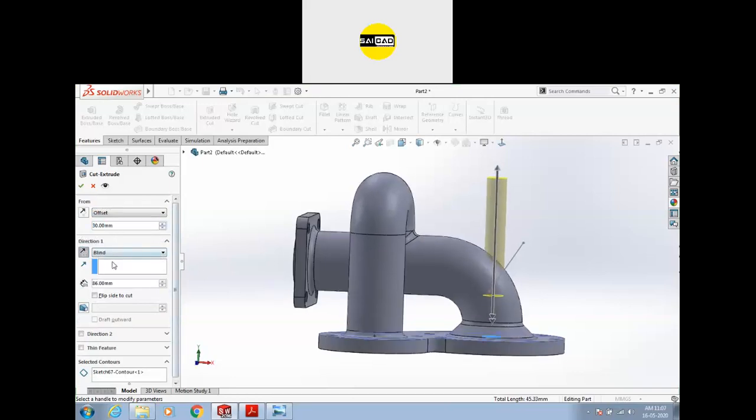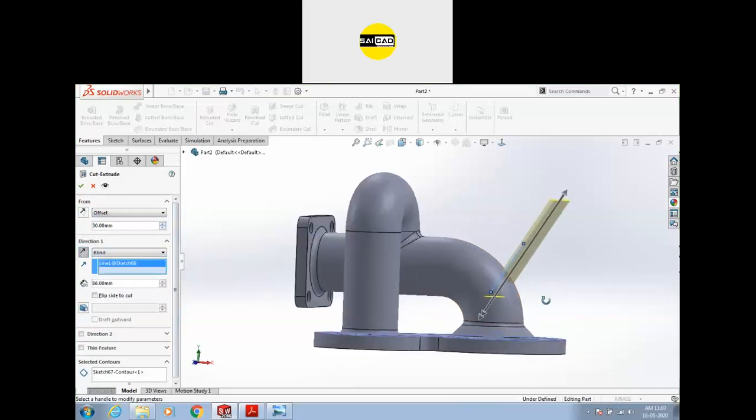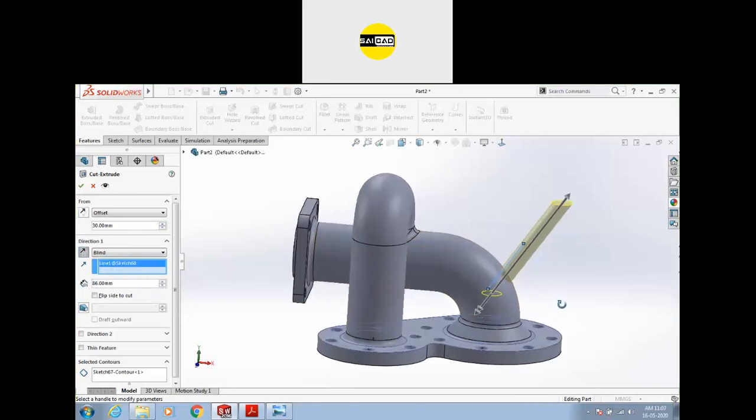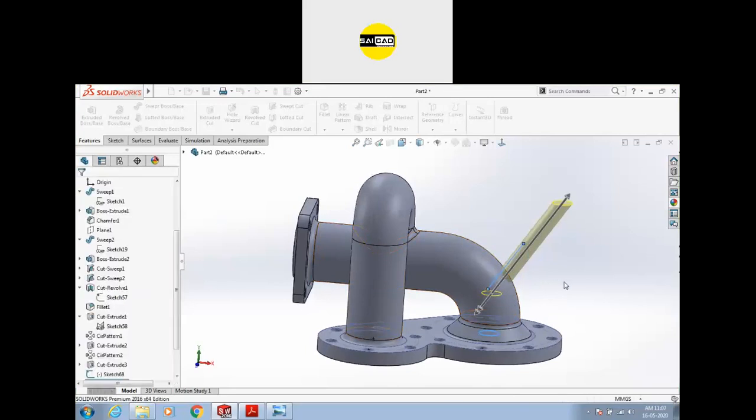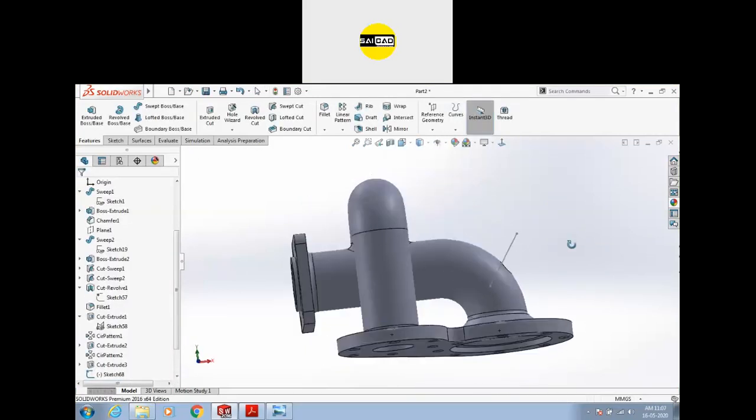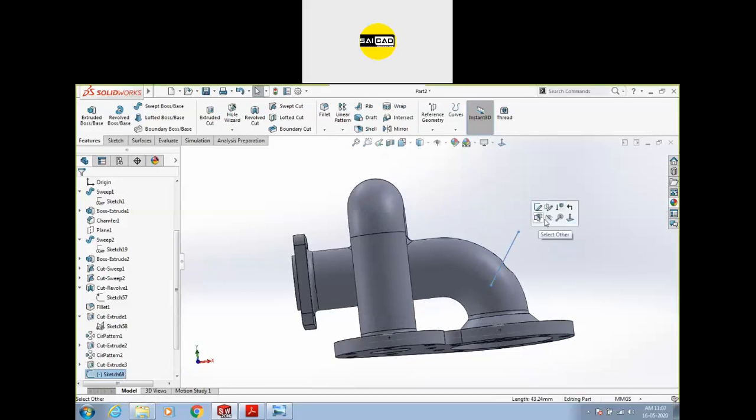Now we have an option here, direction of extrusion. So I can select the direction of extrusion to be like that. Okay, this is the direction vector option, direction of extrusion. You can specify the direction from here. But you need a sketch or a reference for that. You just create a sketch like that and it's okay. So you will be able to create a hole without creating any plane. You just need to create a direction. You can turn off this after that.